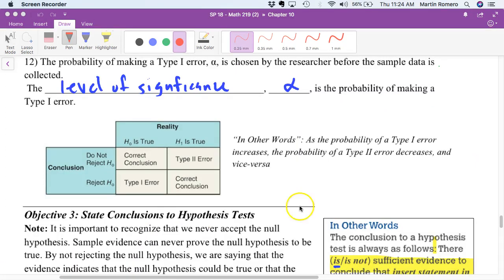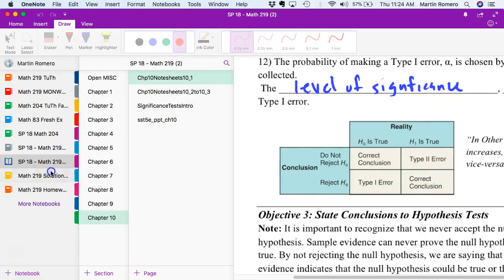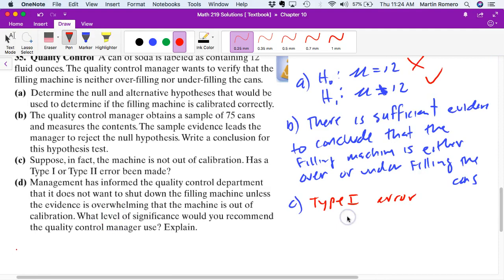To help you sort out that thinking again, we have this table that helps us figure this out. A type 1 error occurs when you reject the null hypothesis and the null hypothesis is actually true. You're basically saying guilty to the defendant when he's not guilty. And then a type 2 error is saying not guilty to the defendant when the defendant is actually guilty. So that diagram helps us with that. And so then finishing off, that was